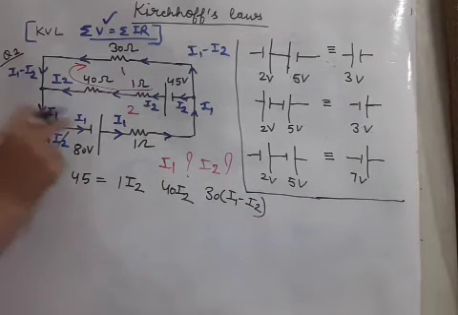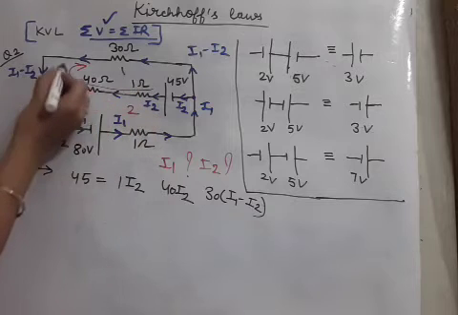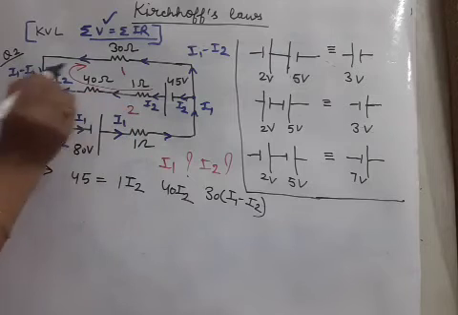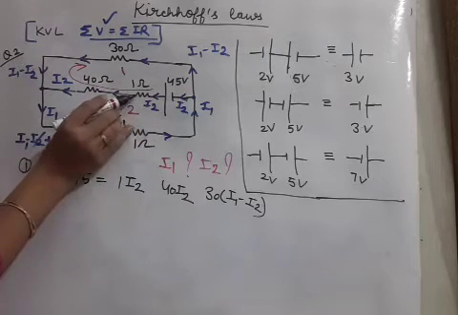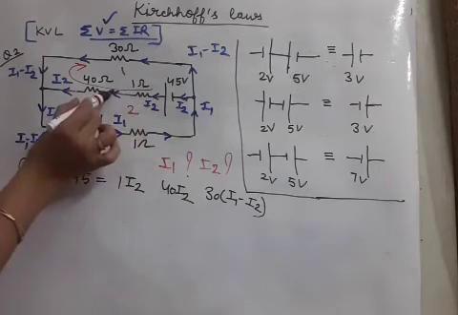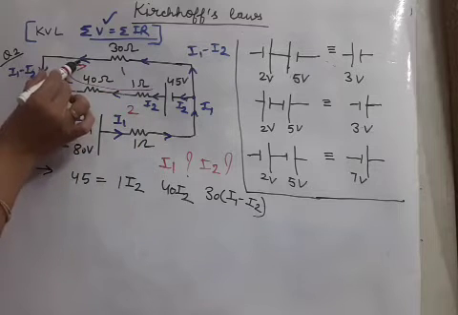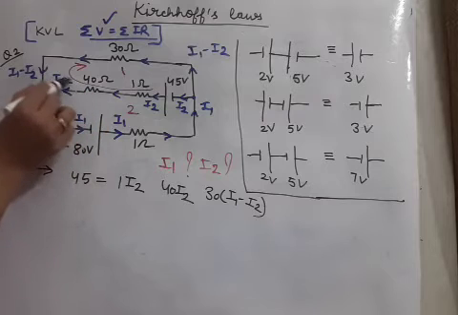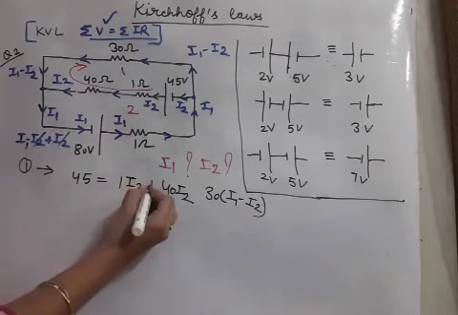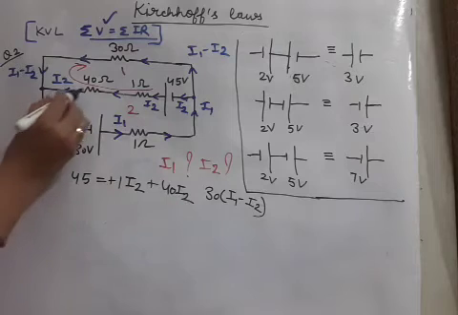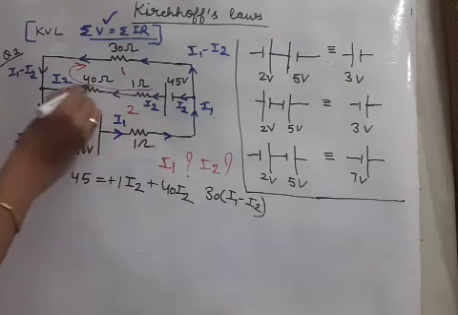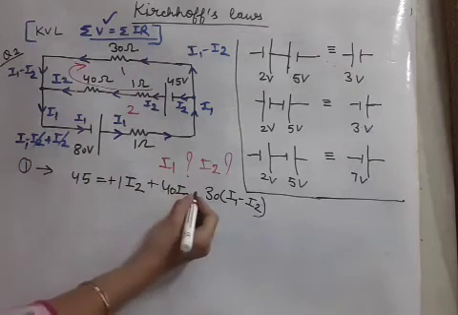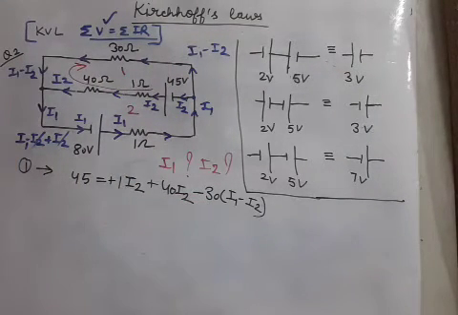Now we have to check the directions. Are the positive direction of current, that means red marker, and blue marker, in the same direction? So let us check. For 1 ohm, the I2 current and our positive current are in the same direction. For this 40 ohm also, I2 current and this red line are in the same direction. So these are two positive. But for 30 ohm, you see, we are going for positive direction this way, but current is coming from here. That means we have to apply here a minus sign.